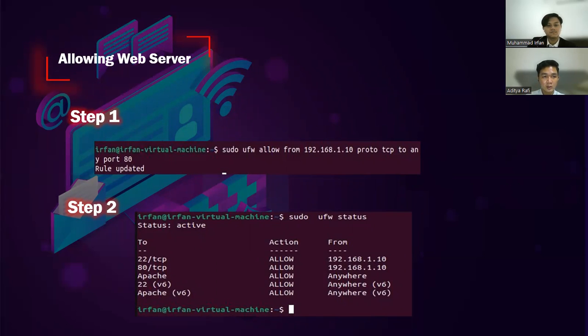Next, we are allowing a web server. The first one, we try to give permission to port 80, namely HTTP.